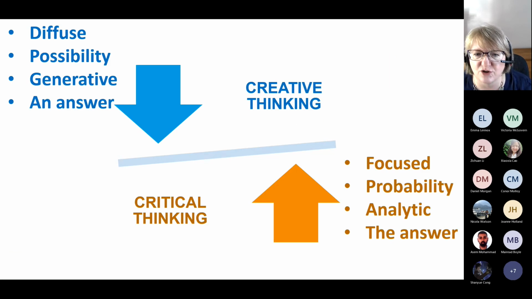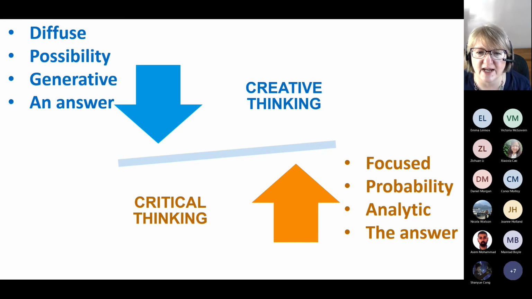So as we move through school and university years, we're taught to think critically and to question and to whittle down and essentially narrow our ideas. Our thinking has to be based in reality and what can be proven. So when you think of any research papers, it's all about what can be replicated, what can be proven. And critical thinking is more focused. It looks at probability: if this happens, what's the probability of this happening? Critical thinking is more analytical and it tends to look for one answer. What is the answer to this problem?